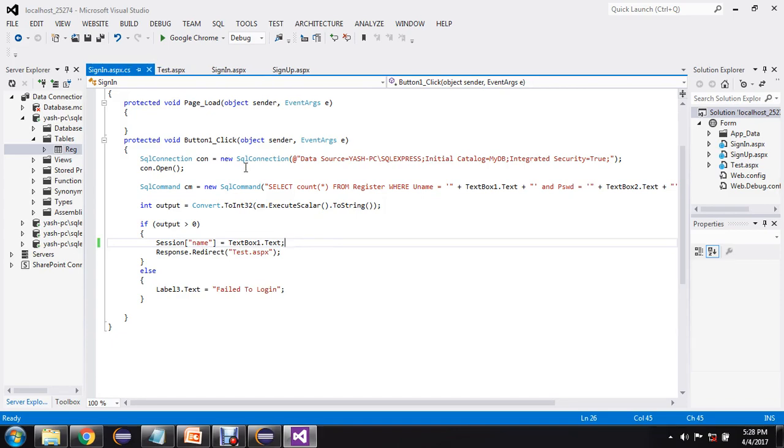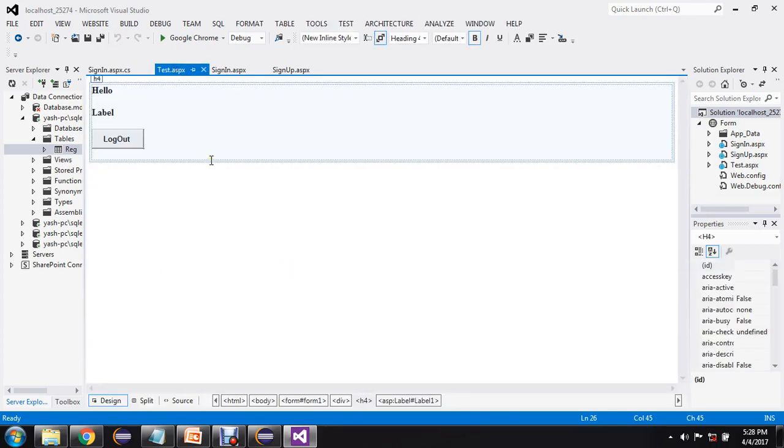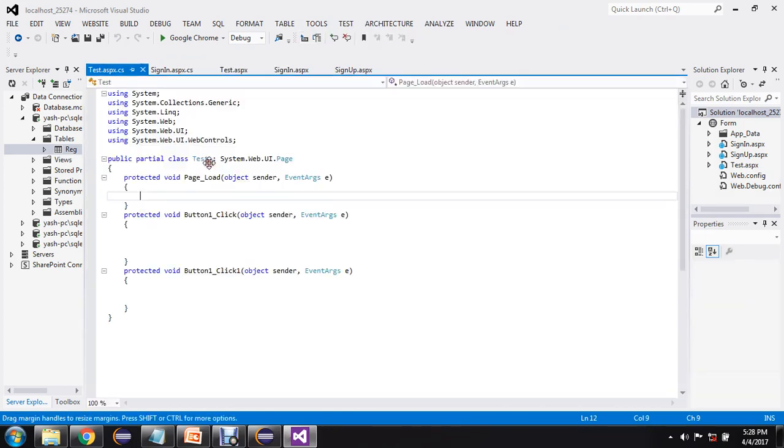In order to display the username on the test.aspx page, double click anywhere on the test.aspx page. When we double click on the test.aspx page, the test.aspx.cs file will open. Now I want to display the name of the user as soon as the page gets loaded.